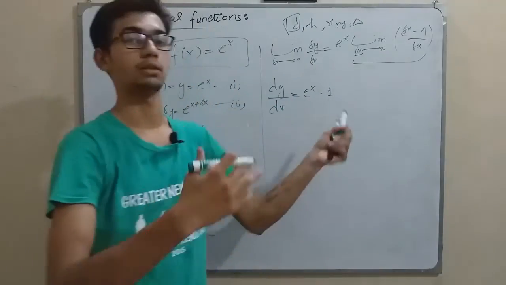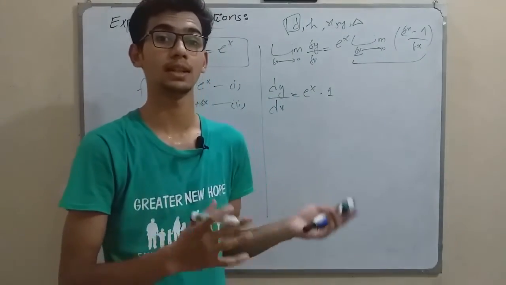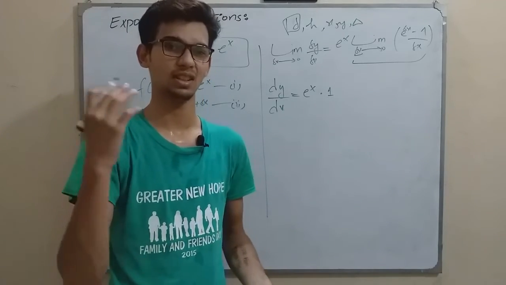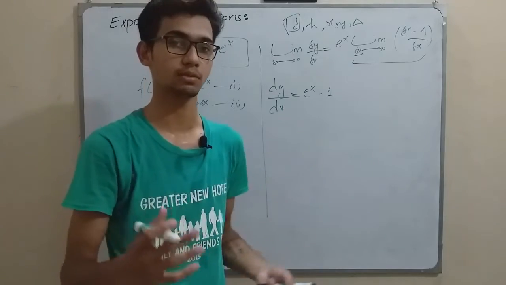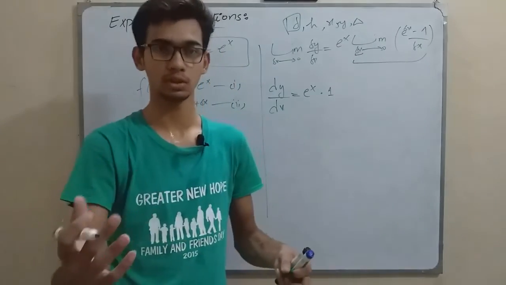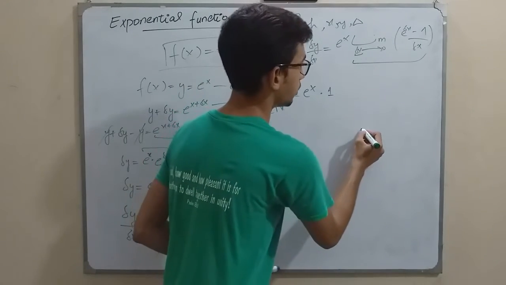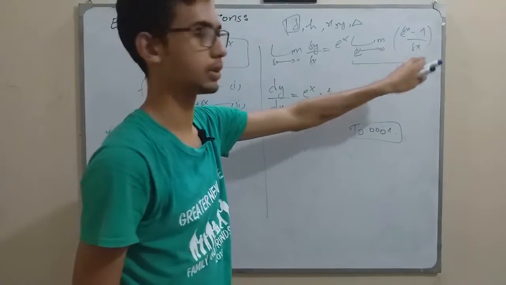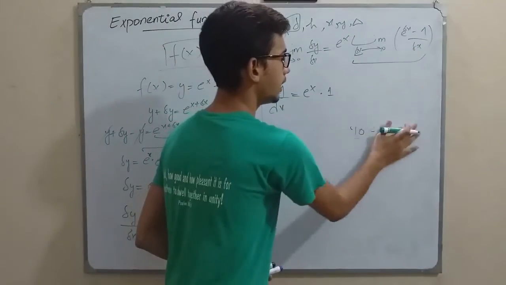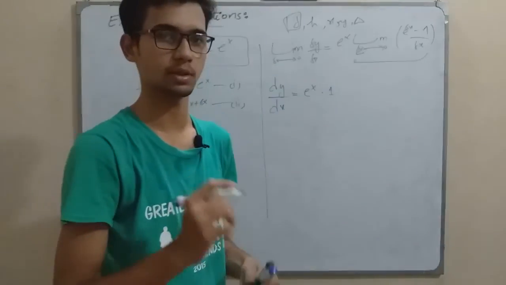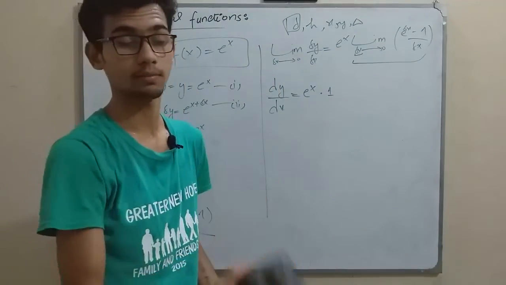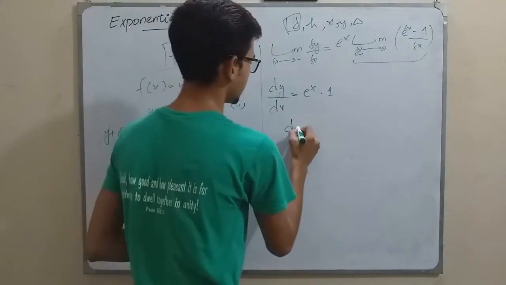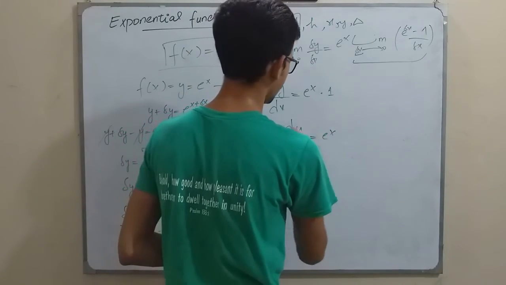Well, this is calculus, also known as the calculus of infinitesimals, and the infinitesimal number system is the number system in which we talk about numbers which are near to 0. Suppose I put the value of delta x as 0.001 in Euler's number or any exponential function, I will get a value that is nearly 1. Well, if you have a scientific calculator, you can check this out. So the whole limit is equal to 1, hence dy over dx is equal to e^x.